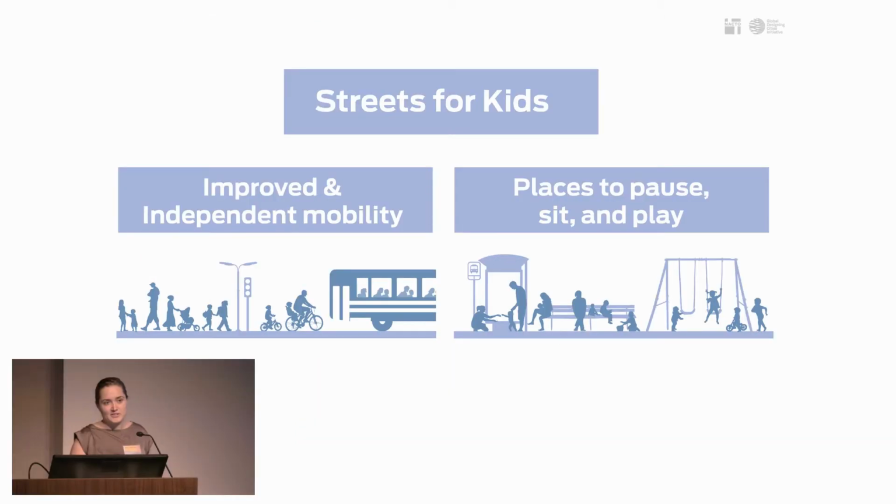So the fundamentals of Streets for Kids are improved and independent mobility and having places to pause, sit, and play. The mobility of kids has been declining globally. More and more parents are concerned to let them out. Again, try to think about your experiences as teenagers. Probably you were spending more time independently and actually investigating your neighborhood, your city, versus now when kids,